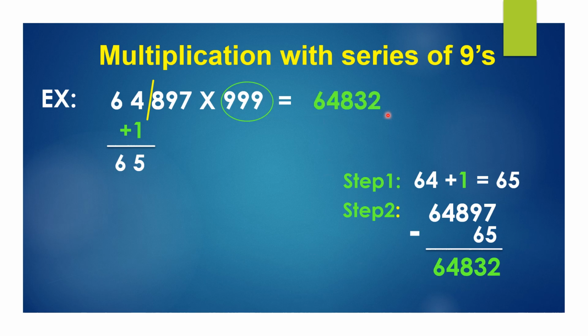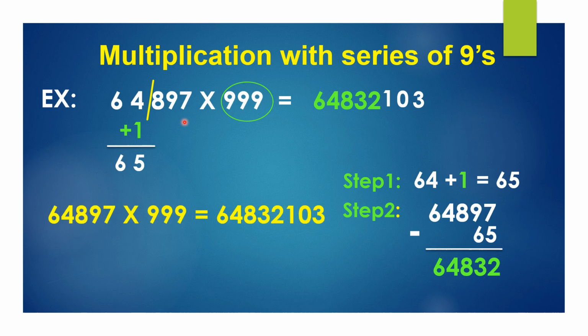You can write it over here. Now the next step, the second part, 897. How much should be added to 8 to get 9? Nikhilam Navataha. So it is 1. Second, again the same thing. 9 plus how much is 9? 9 plus 0 is 9. And the last one, Charamam Dashataha. How much should be added to 7 to get 10? So it is 3. So our product, 64897 into 999, is 64832103. It's very easy, such a big calculation, isn't it?